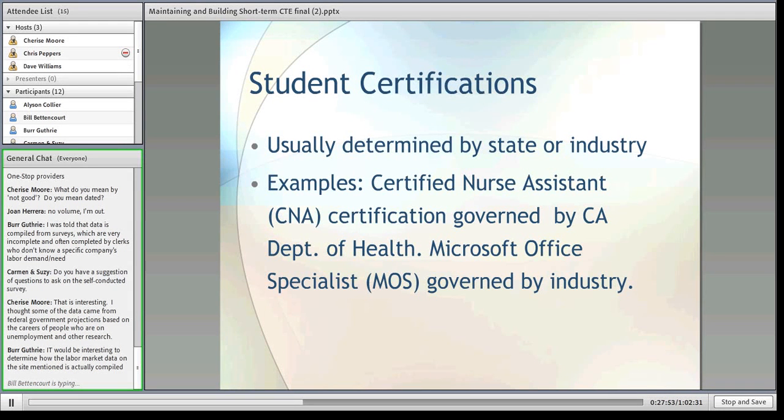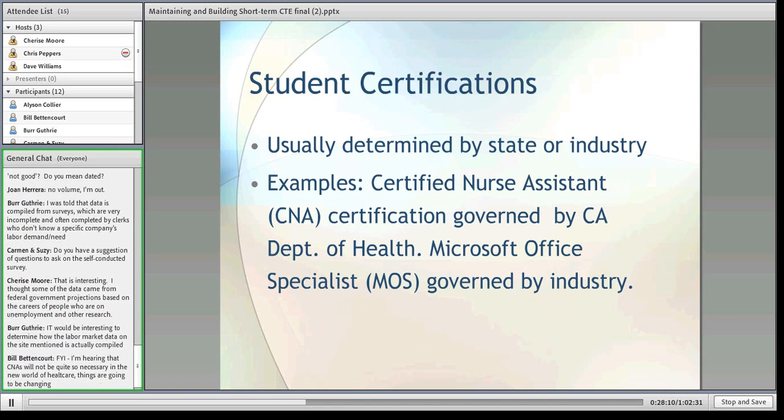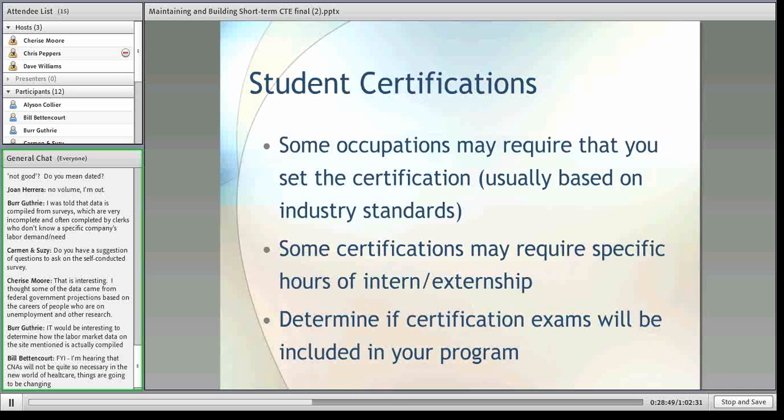But in order to make a program that is that health aide certification, we added in 2 additional certifications that were healthcare industry, CNA and home, governed by the state. But we went to a number of from their specifications for employees and skills, we created an also created a restorative nurse's aide actually was a higher level certification than just the CNA. So there are times that you may have to set the certification yourself based on some industry standards, and you'll